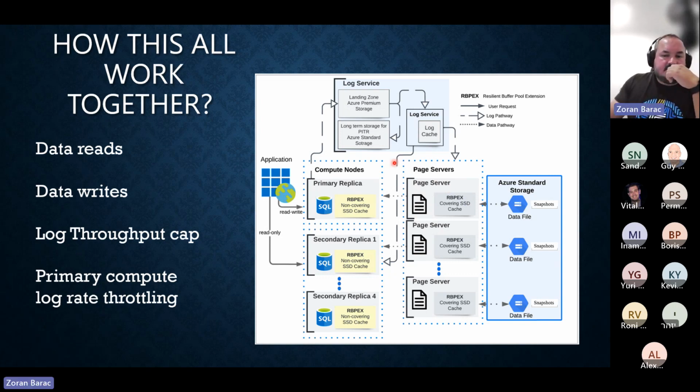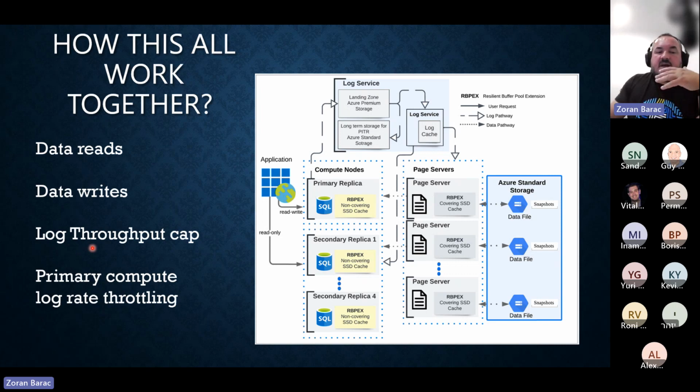If you write data, you write on the primary directly, and that is done in parallel to the landing zone and the xlog process, or log service, call it whatever you want, which we have here as a staging area, which unfortunately I didn't put in this small picture. Staging area, log broker, and the log cache. The staging area is not going to do anything until it gets information from a log block that the write is hardened. When that is done, the staging area passes to the log broker, updating the page server and secondary if necessary. So that's how that actually works in the back.